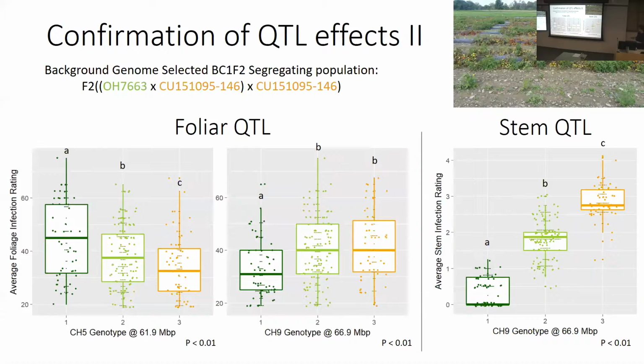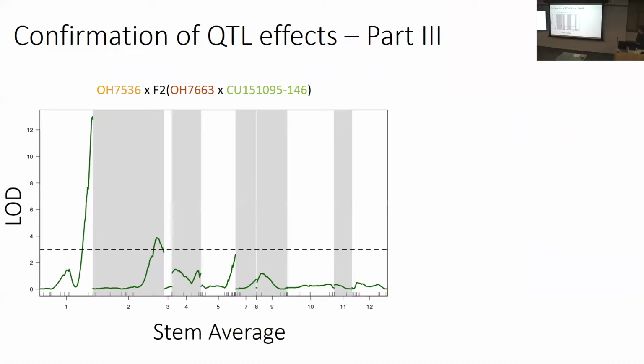And again, for the foliar, we looked at the chromosome 5 and chromosome 9 QTL. Again, statistically significant separation. And then finally, for the last thing that hasn't been confirmed yet, this chromosome 1 locus,